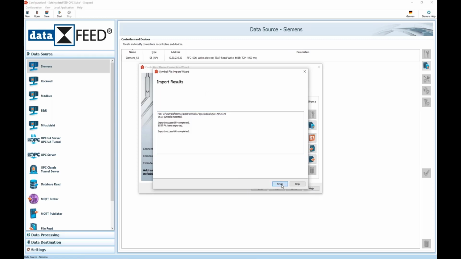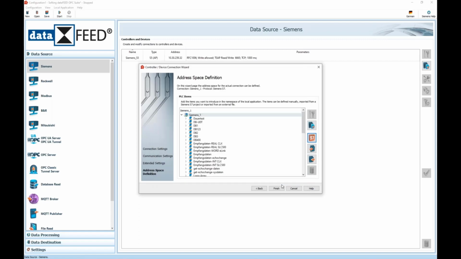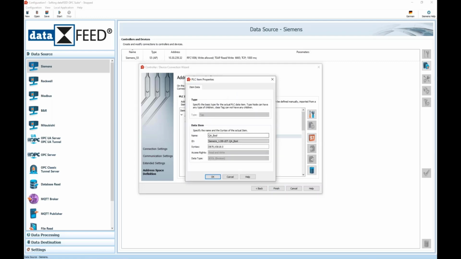I have now imported roughly 9,000 data points, and here you see your complete structure. But some of you may think, oh, I have some values here which have no meaning for someone. I will change the symbolic name. You can also change it here by hand. This is, for example,